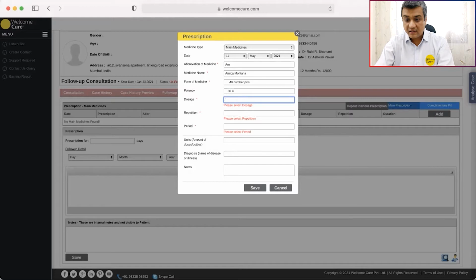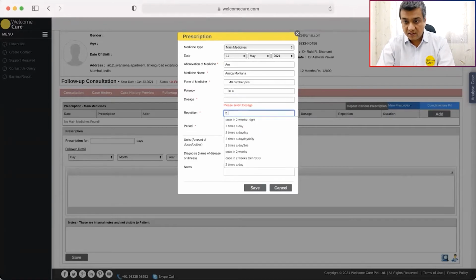So whether it is for 1 month in terms of period, the repetition, so 2 pills, 2 times a day, 4 times a day, once in 2 weeks, you can write everything. You can completely create a new one; it doesn't need to be preloaded here.